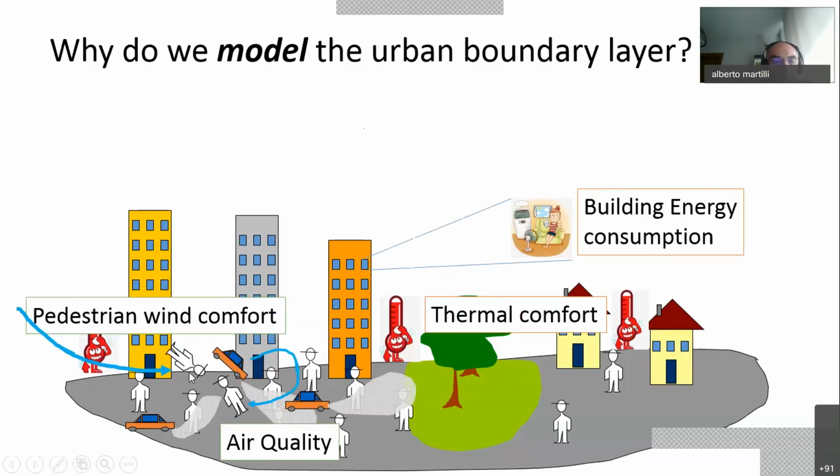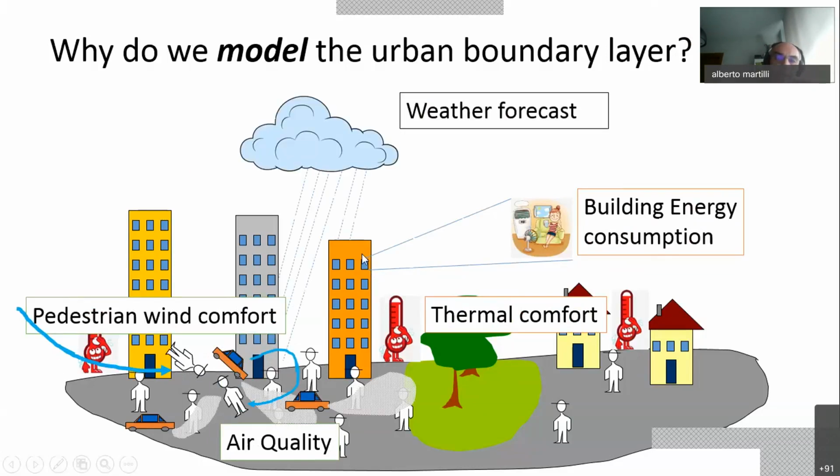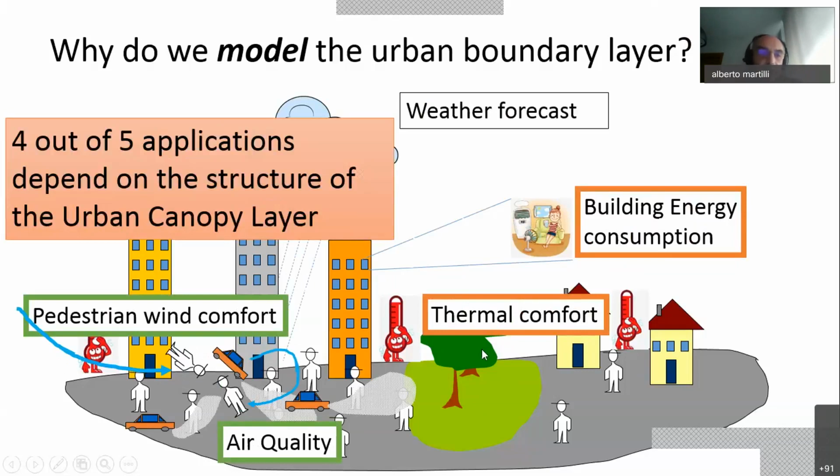So the wind speed in the streets. And the last is weather forecast. So we want to know the weather that will be in the city. If you look at these 5 applications, 4 of them are strongly dependent on the structure of the urban canopy